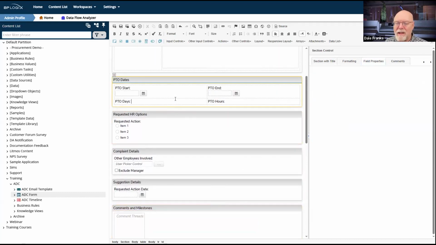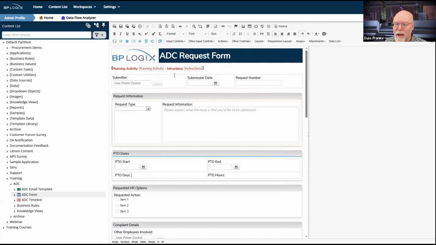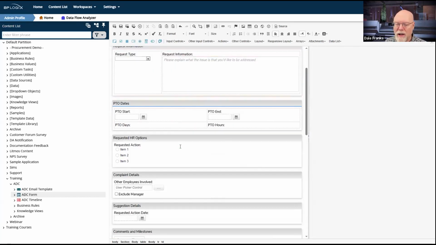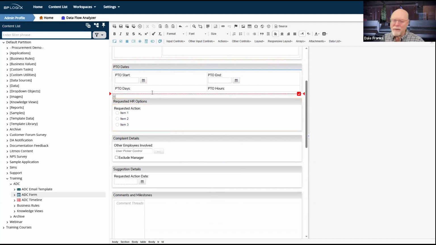So let's get these last couple of form things out of the way, and then we'll move on to our process timeline. Now, for our time off, there are a couple of things that I want to do here. I'm just showing you a couple of different features that you might want to incorporate whenever you are doing date stuff, because you often have to do date calculations and what have you. So we're just going to do some date calculations here. We're going to calculate the number of days and the number of hours from the PTO start and the PTO end if I choose a PTO date.